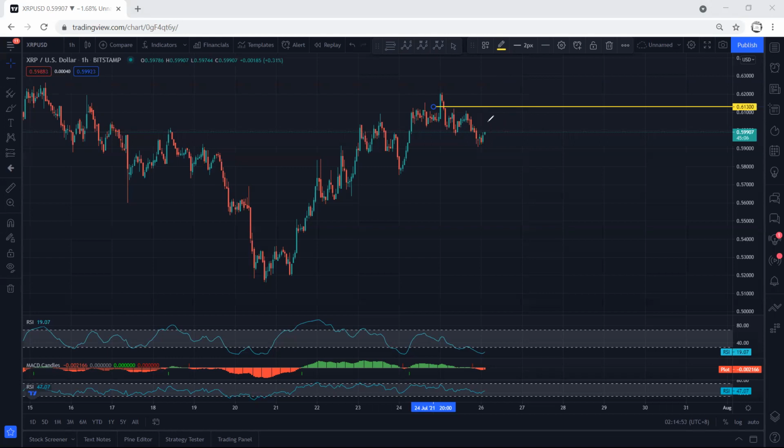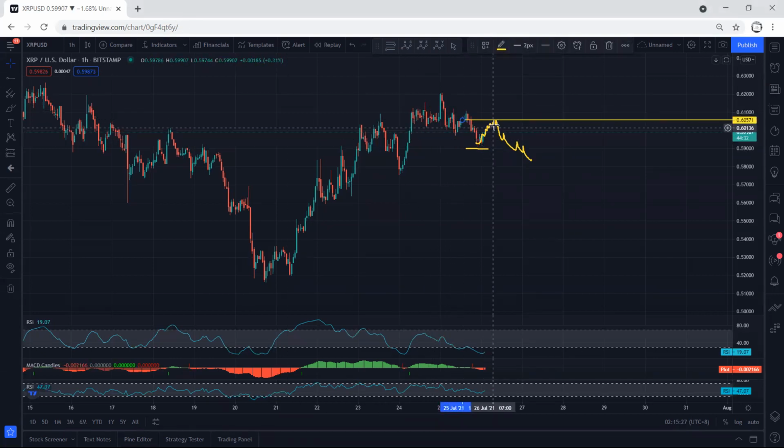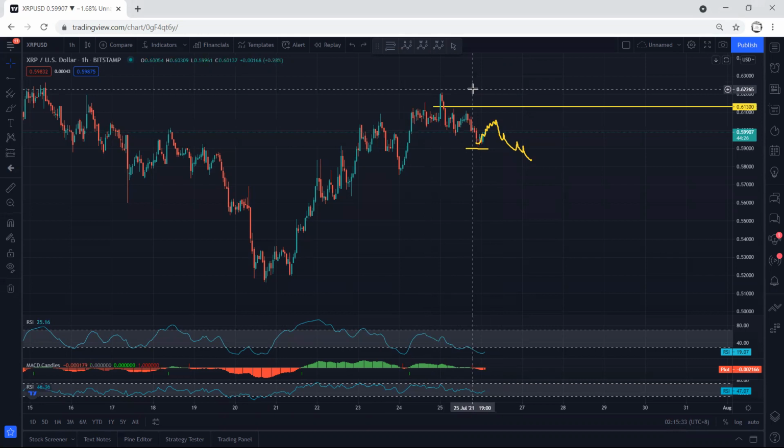When I'm talking about this continuation as a sharp move, it's similar to what we got here or what we have here. But for the XRP, having entry above this, I will suggest it because I explained based on the daily chart and the weekly chart. I'm more interested in looking for the trade setup for XRP, because if this is the start of the up move, in terms of risk and reward it can give us a good trade. But if the price gives us a correction here, one more drop to 0.59, then at that time I will adjust my entry. But right now I will put my entry above this, which is